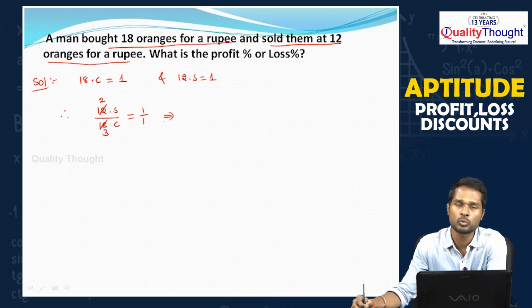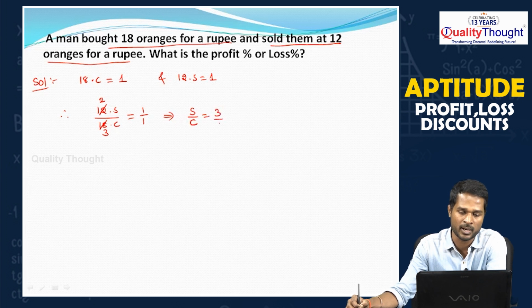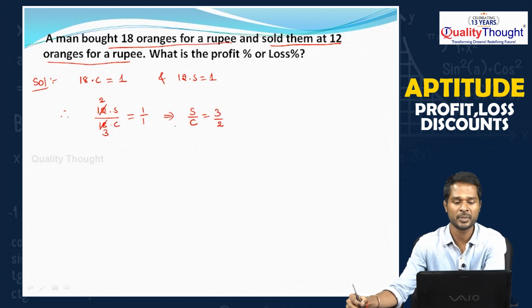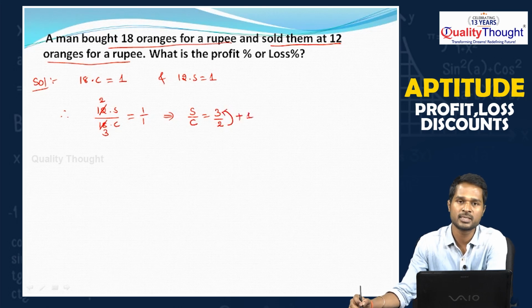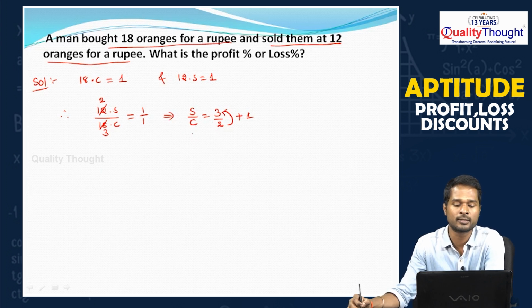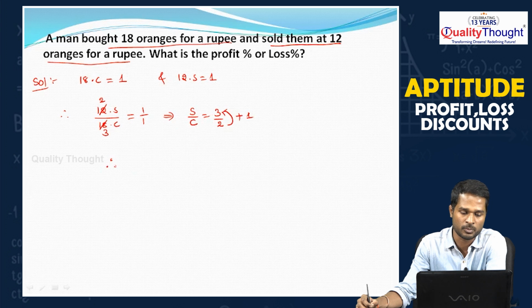Now, let us write what is the remaining thing. So, it is S by C is equals to, take these constant values to other side, which is 3 by 2. Now, compare here. So, selling price is 3 and cost price is 2, that means the cost price is increased by 1. The cost price has increased by 1 and it has become 3 rupees. That means, when the selling price is more, you will get the profit percentage. So, the profit percentage is,